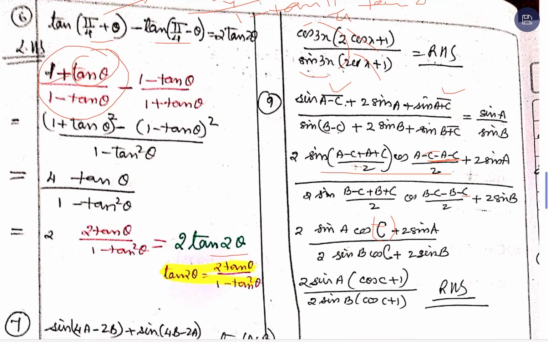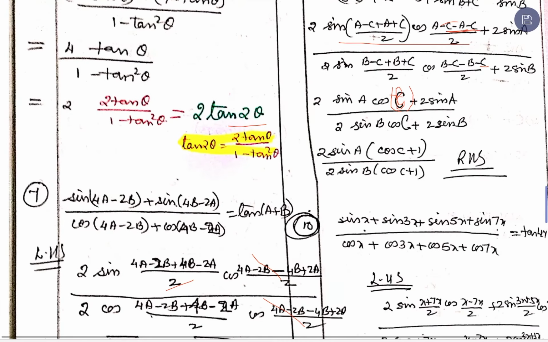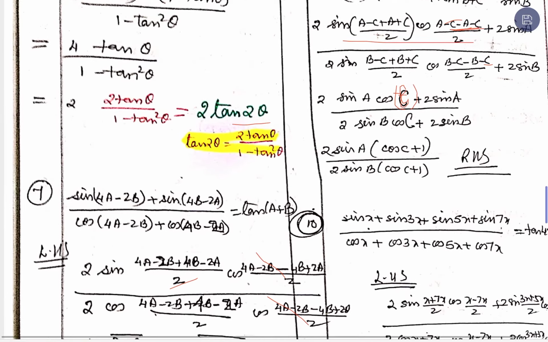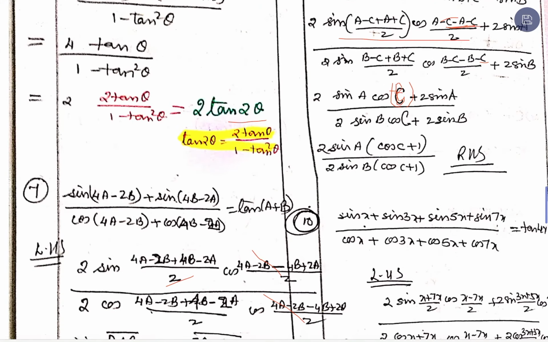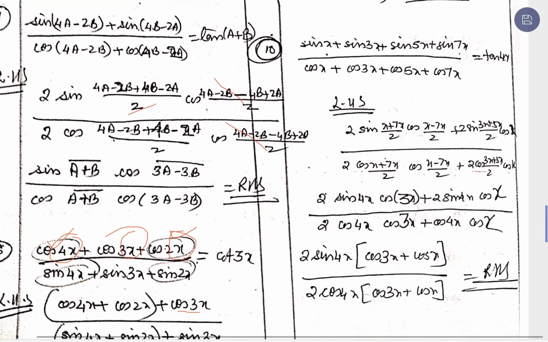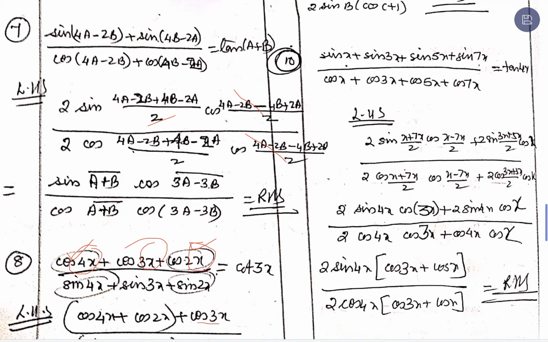So, I have preferred, that is the reason why I have changed the representation here. I made it little bigger to make you understand that there is a difference here. You will have to show it through minus C plus the 2 sine A. Likewise, in the denominator also same factor. So, you have some factor common in the numerator. The factor common in the numerator is 2 sine A with cos C plus 1, 2 sine B in the denominator with cos C plus 1. So, the leftover factor after cancellation is the right hand side. Same question, same type of question with a little lengthier expression.